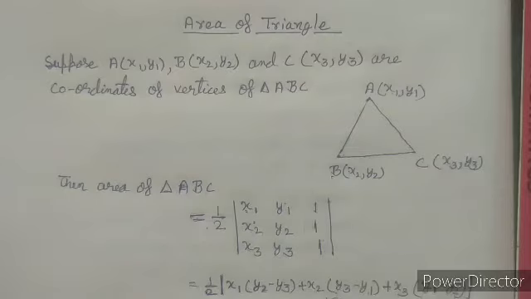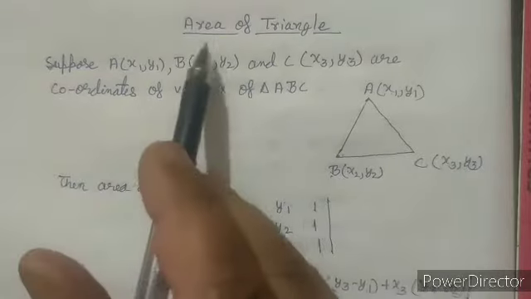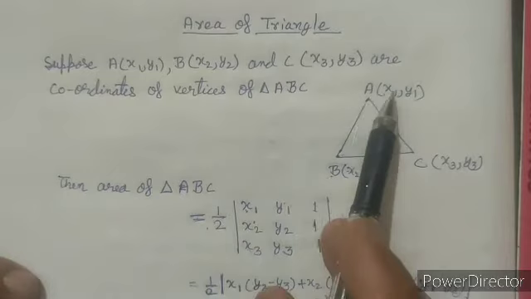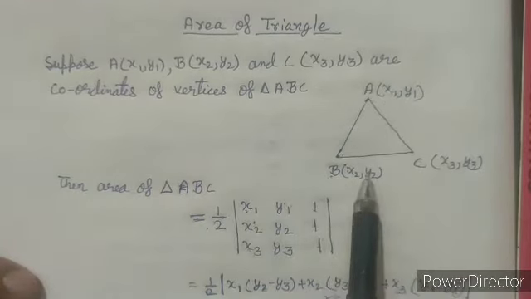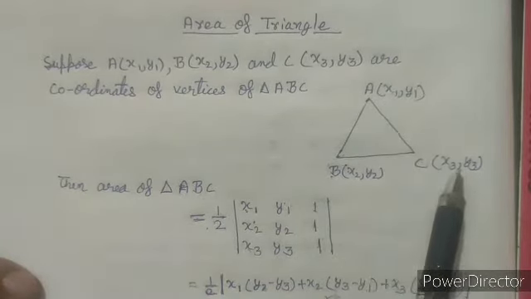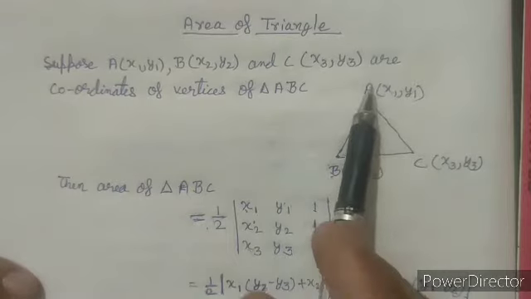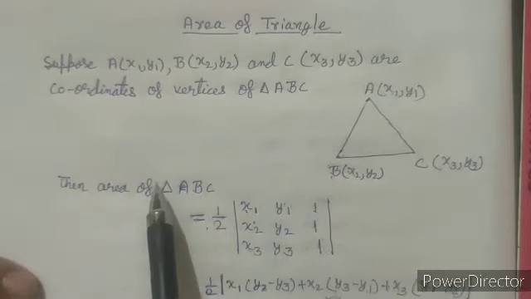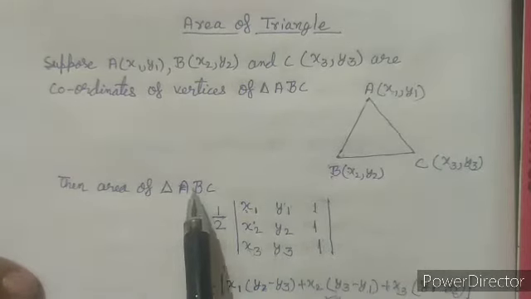In this video, we will study the area of a triangle by the determinant method and how to find the minors and cofactors of a matrix. Now, first of all, area of a triangle. Suppose A (x1, y1), B (x2, y2) and C (x3, y3) are the coordinates of the vertices of triangle ABC. Then the area of triangle ABC will be